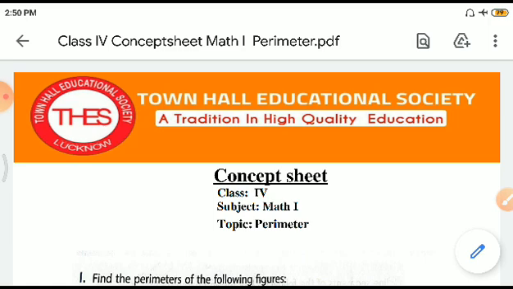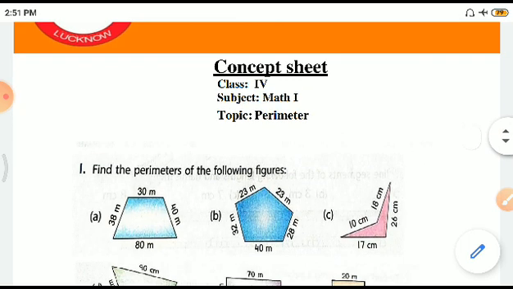And today we will be solving concept sheets of a very important chapter, which is perimeter. Now, children, the purpose of concept sheets, as I've time and again told you, is to introduce to you newer problems, newer kind of questions which might not be there, but the logics and the formulas which will be used are those which you have studied in this class or maybe in the previous classes.